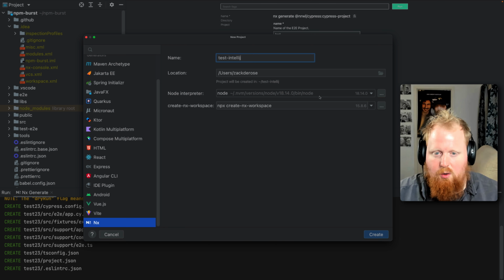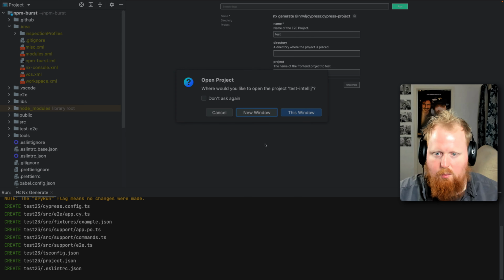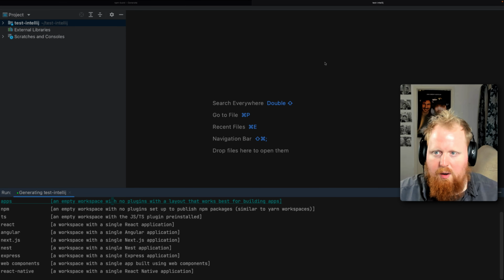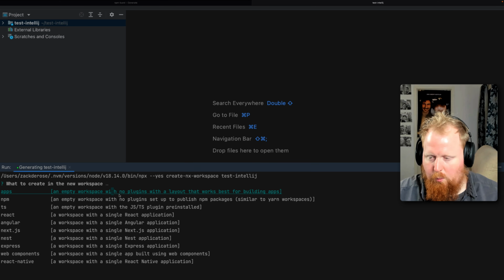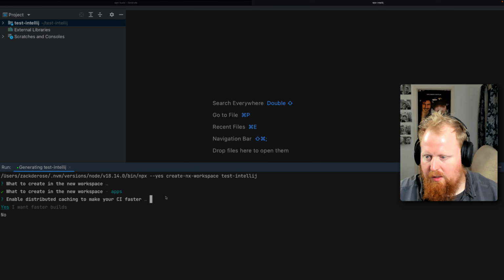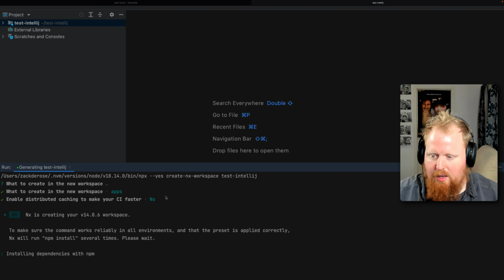We can also select our node version. Node 18 looks good to me, and our version of Create NX Workspace. That all looks good. I'll go ahead and hit Create here, and we'll make sure to do that in a new window. So when I do this, we'll open up our new window here, and we'll get prompted for what kind of workspace we want to do. I'll just select the default apps one, and we'll hit no for NX Cloud in this case,